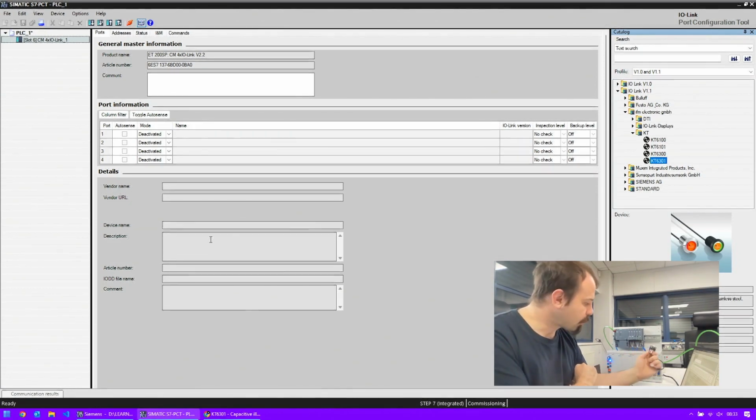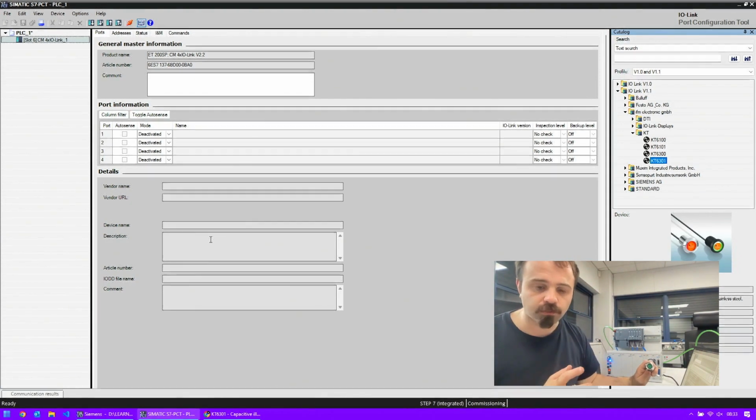Now at the moment I've just plugged this light into the PLC, I haven't done any configuration, so it's running in its default mode, which is that when you push the button you get a little pulse. You see the light comes on, but then the light goes off again. And so we're going to look at how we change this parameter and then how we use the device within